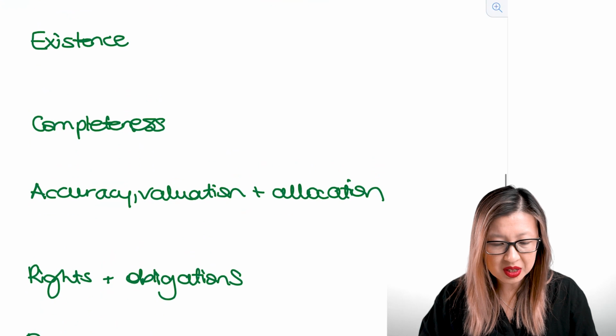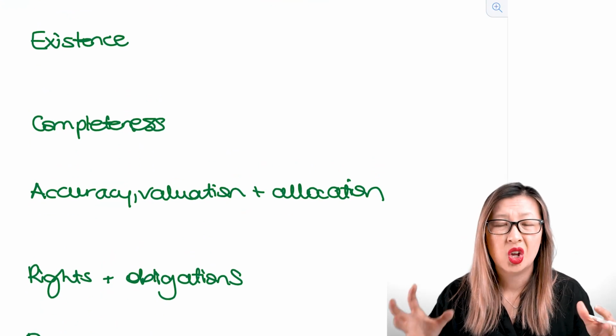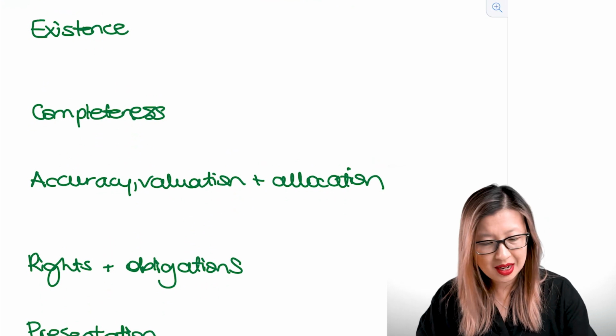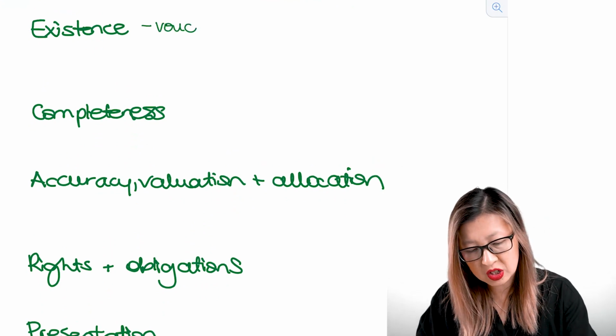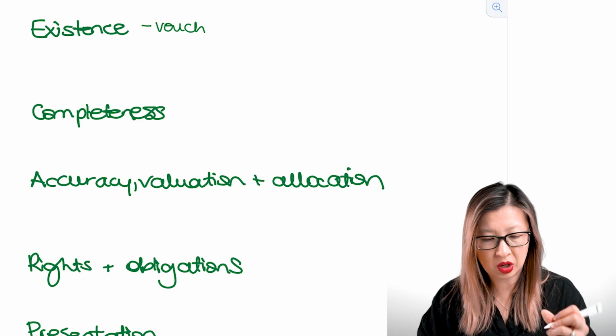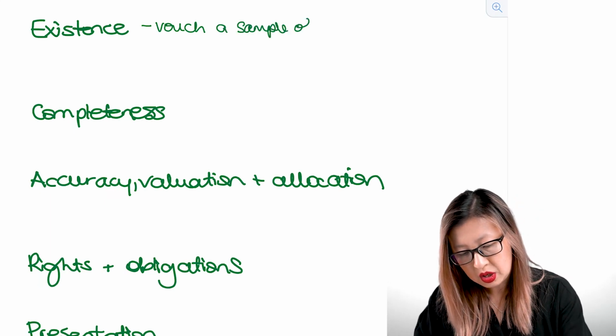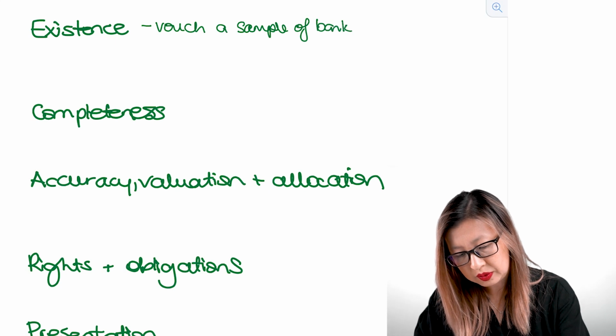So when it comes to existence, remember existence is, was the bank loan real? Is it a real loan? So we're going to need to probably vouch. Remember, vouching is we start at the end and go back to the beginning. So I'm going to vouch a sample of bank loans